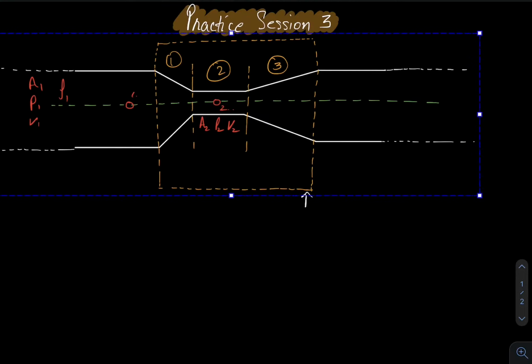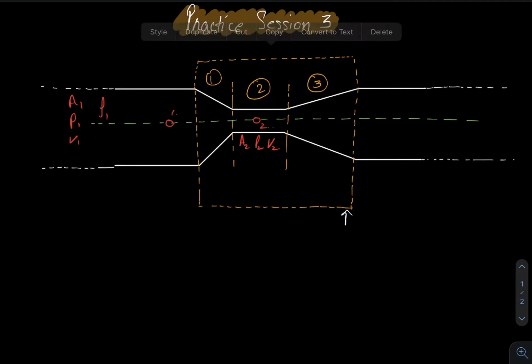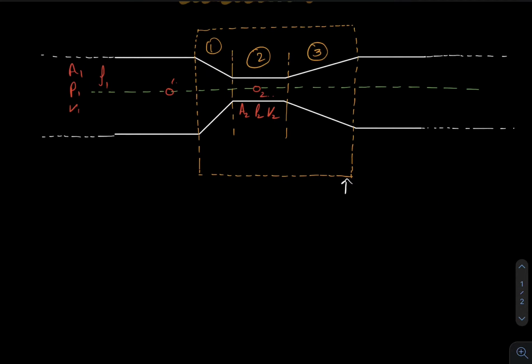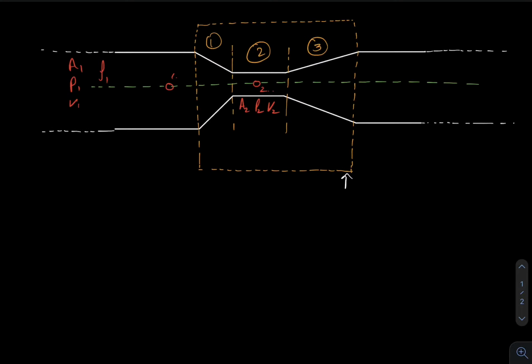Okay. So first of all, let's see. This was Venturi meter, right? In the last class that we have discussed, this was actually a Venturi meter. What is the use of Venturi meter? It is used to measure flow rate, right? So let's solve a numerical. So what is basically given to us?